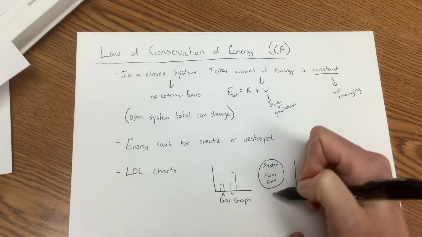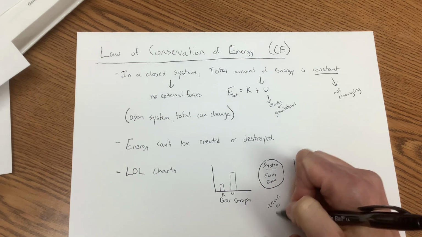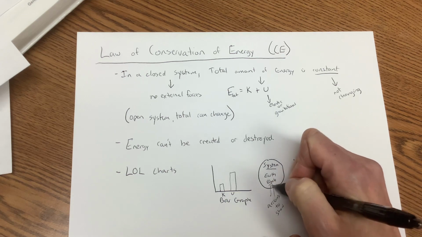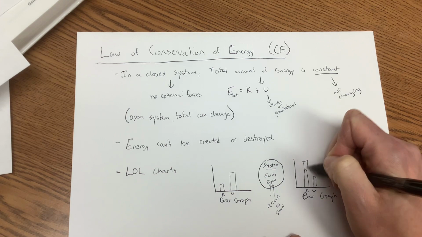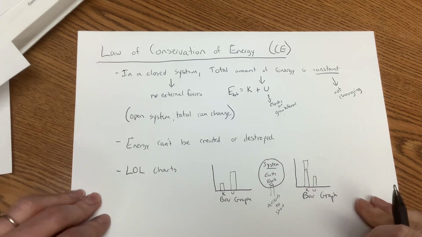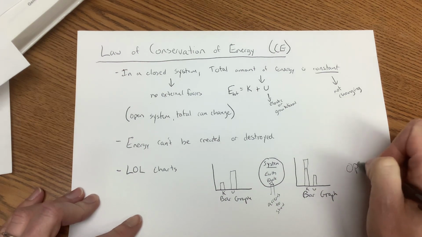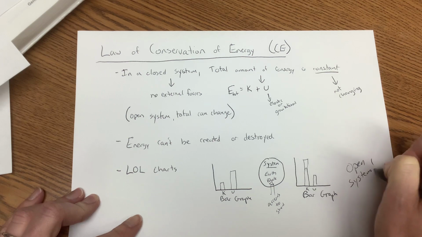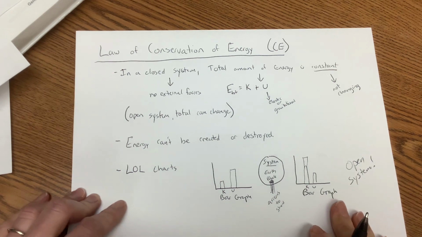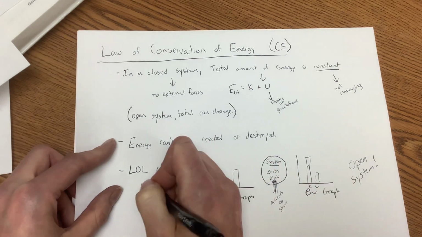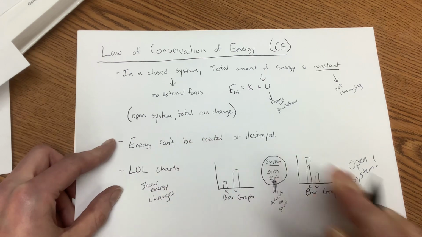And if any energy was added or came in, you would show that with an arrow. Arrows to show change like this. But I didn't actually add any. So maybe there's some extra kinetic energy like that. So the total change, something like that. And that's what we do to show energy changes. This is an open system now that I included some added energy entering the system. So those are LOL charts to show energy changes. That's something that you might see.